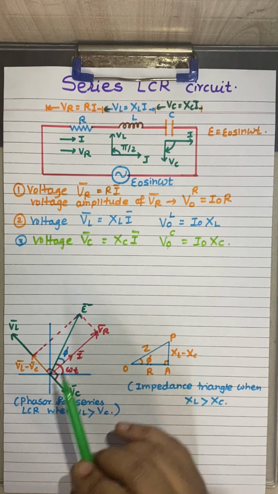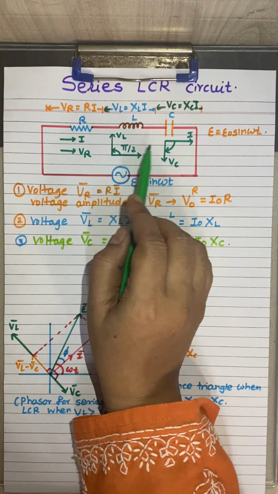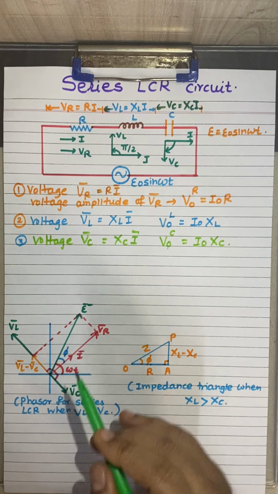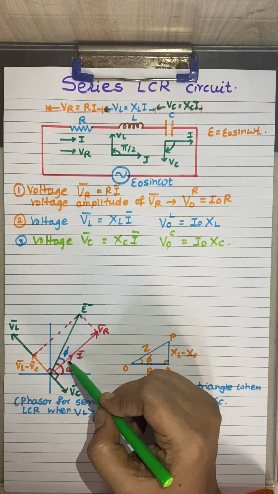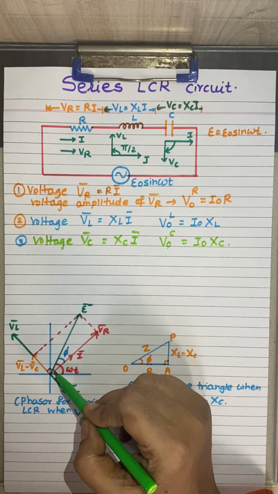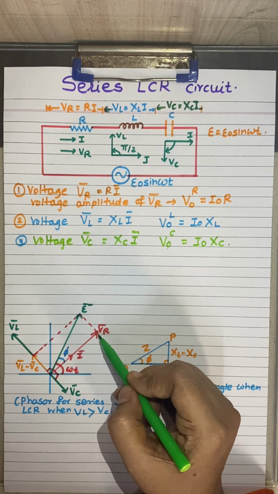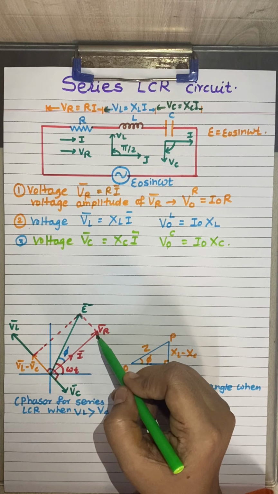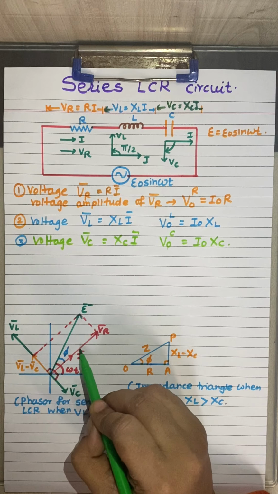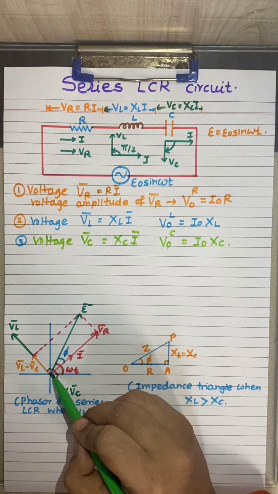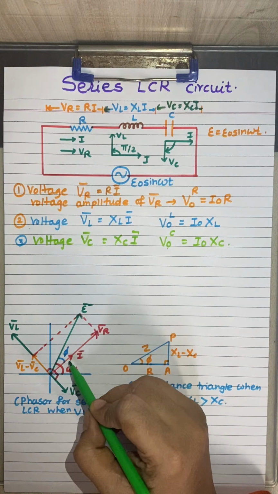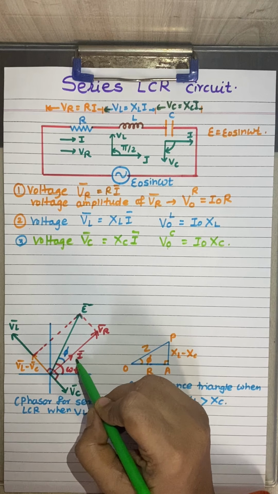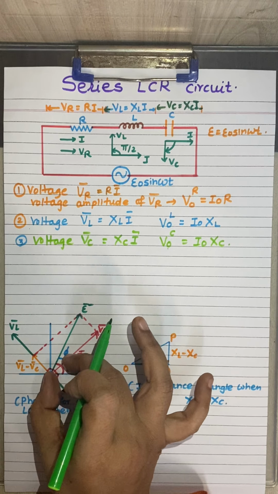Now according to this phasor relation, the same phasor relation is shown here. You can see this red arrow is representing the voltage across R. As we have said, the phasor of voltage is larger in magnitude, so we have shown VR with a larger line. On the same line I have shown the current also, because voltage and current are in phase with each other across the resistor. Therefore the current I phasor is also shown on the same line but with a smaller magnitude.